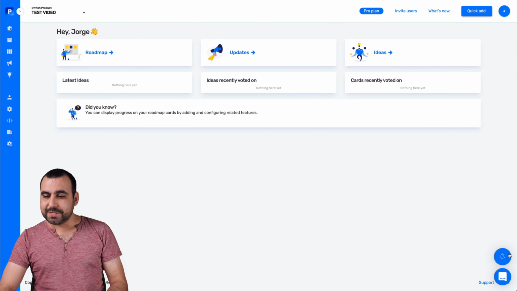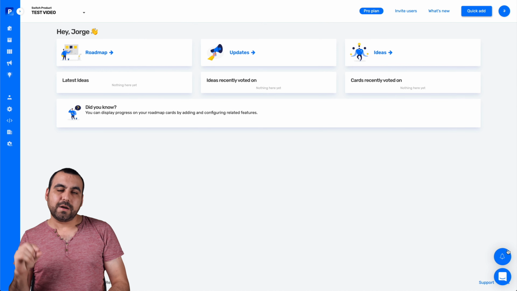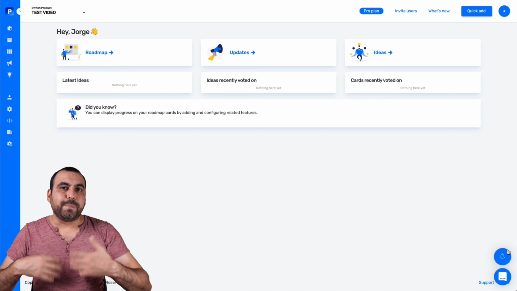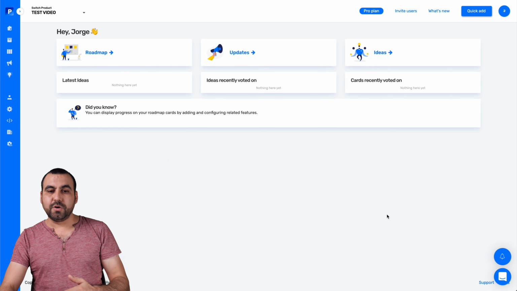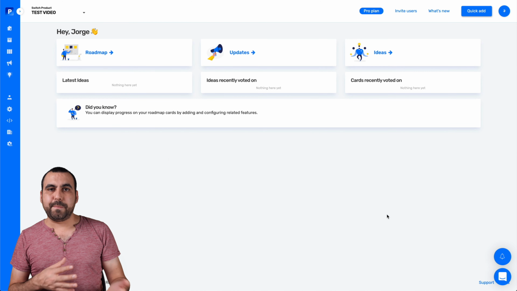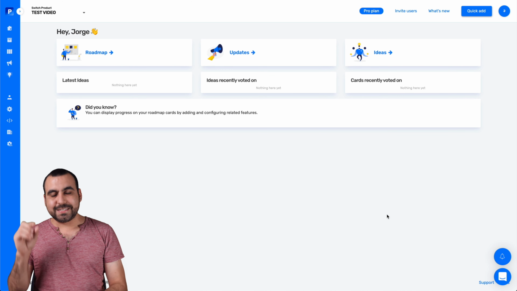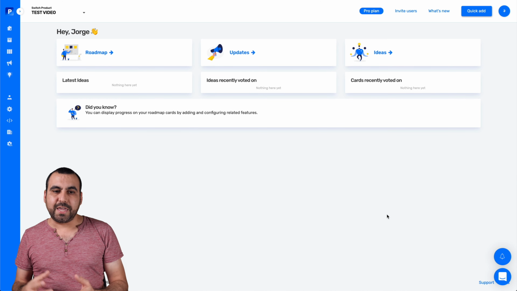And when they add brand new ones, they get a little notification, like a red number there with 1, 2, 3, 4, 5, just depending how many notifications are there. So that's going to be based on the IP of that person. So if it's a brand new IP, it's going to show that number again of the notifications. So it's a good way to recognize users.